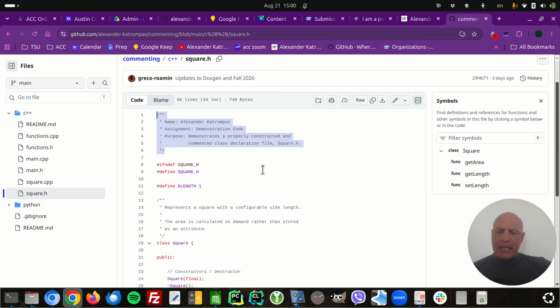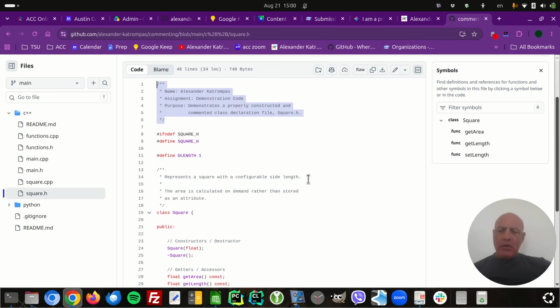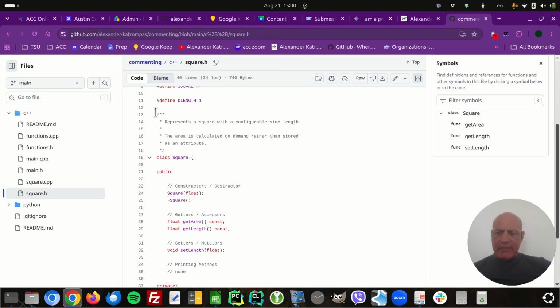Again, file comment block at the top, every single file. But now we have a different set of requirements for this kind of header file because it has a class in it. So you have very similar to function comments, or very similar even to file comment blocks. Above the class, you put a comment block that's for the class. It describes the class, okay? And then maybe it says something special about it, right? Like this one says it's representing a square with a configurable side length because it's a class that defines what a square object would be in memory, what it would look like programmatically, okay?